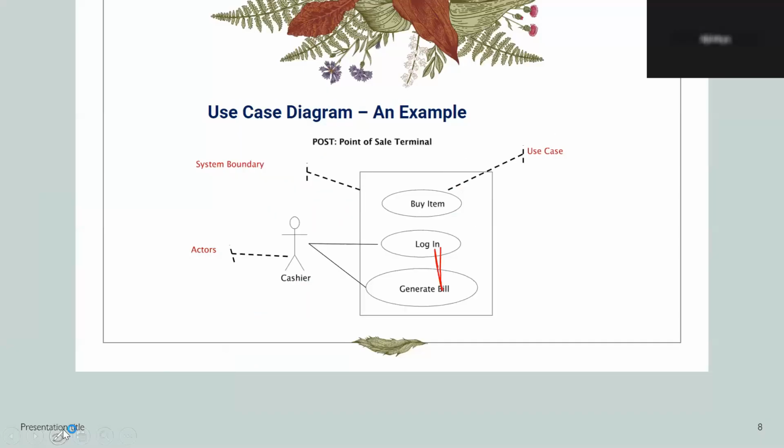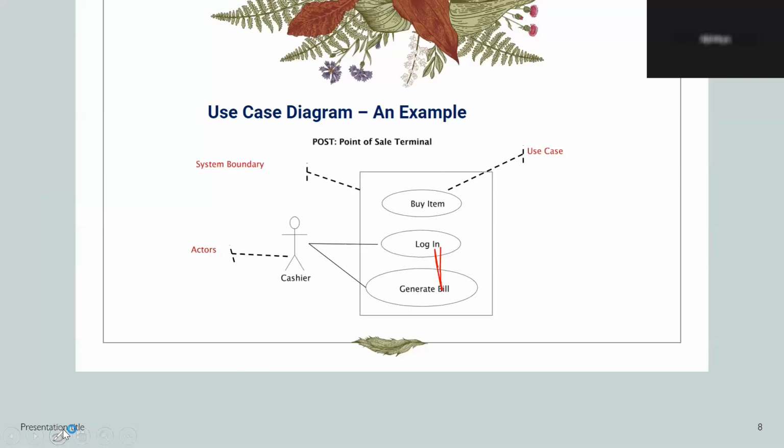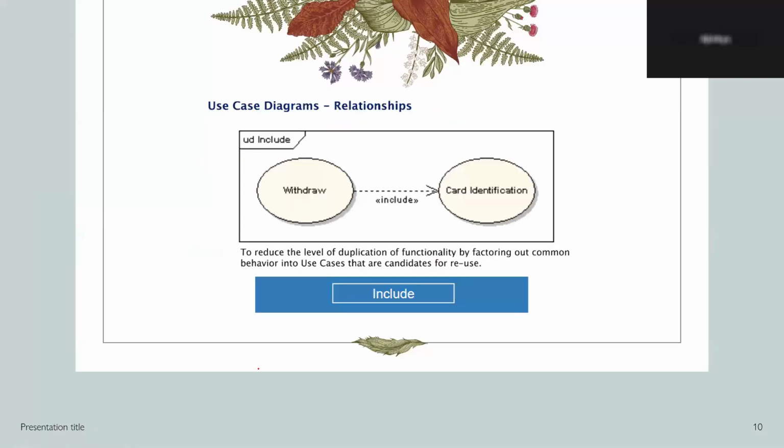These are some tricky things. There are two conditions here, but still no one will ask you unless the person is very old, like our fathers in their 40s or 50s, then only he can dig down. Do you know the relationships in the use case diagram, include and extend? This is very tricky actually.